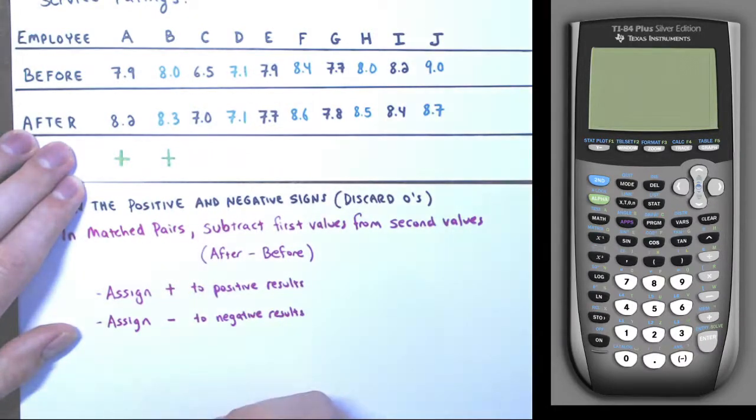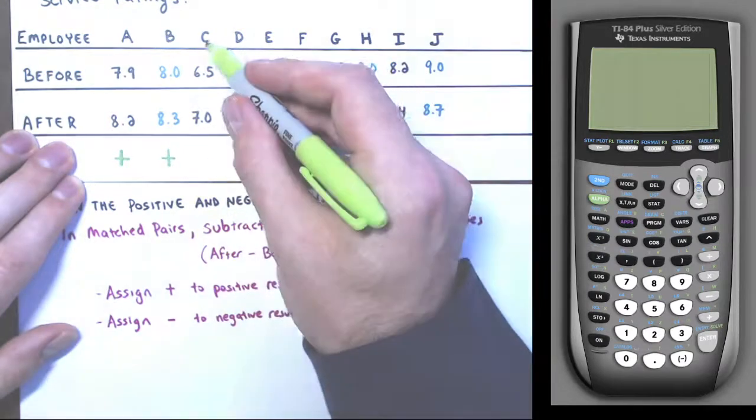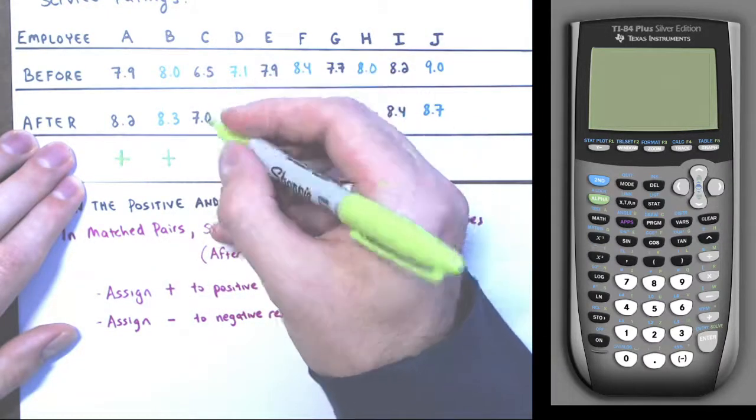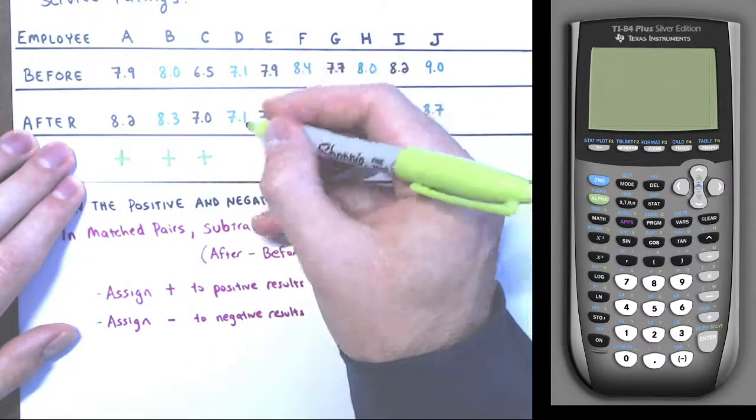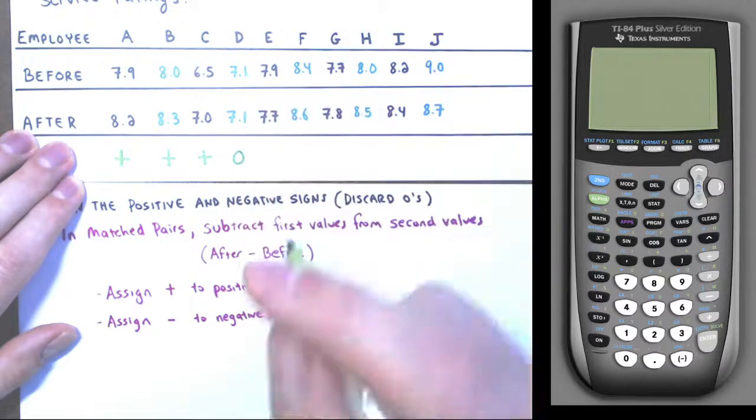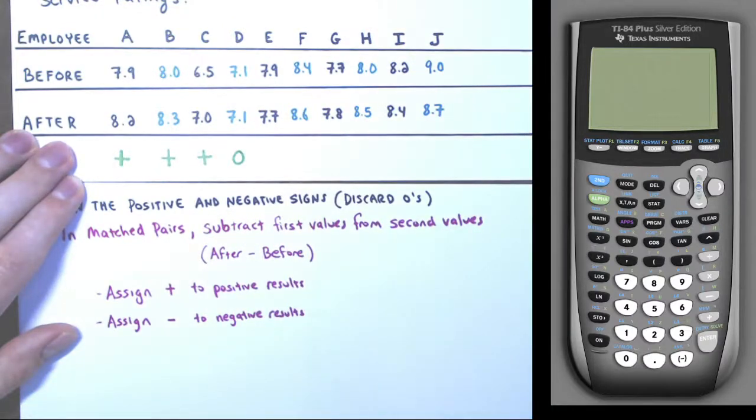8.3 minus 8.0 is again positive 0.3. Employee C, their score improved from 6.5 to 7, positive change. Employee D had no change, so I'll put a 0 there, 7.1 minus 7.1. Employee E,